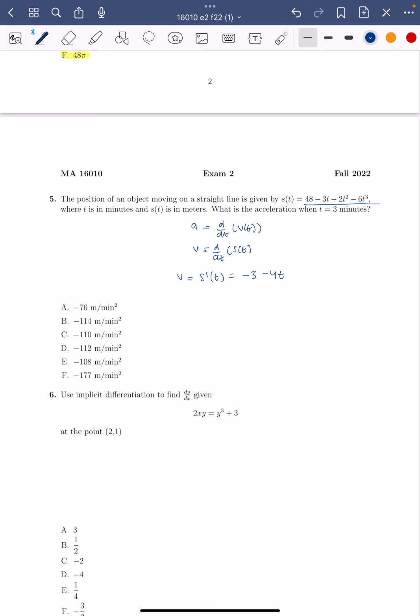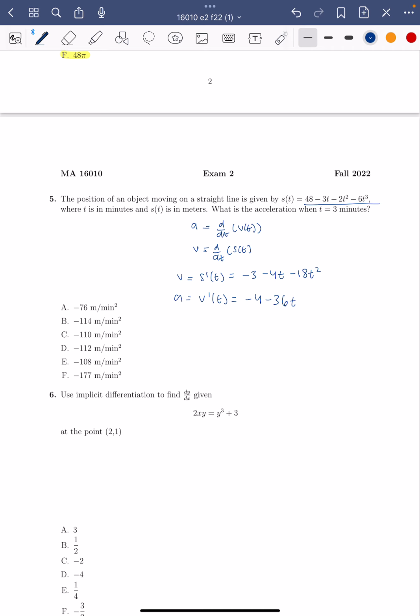And then the derivative of negative 6t cubed is negative 18t squared. Okay, now to find the acceleration from this, acceleration equals v prime of t, which equals: negative 3 is a constant, so the derivative of that is 0. The derivative of negative 4t is negative 4. The derivative of negative 18t squared is negative